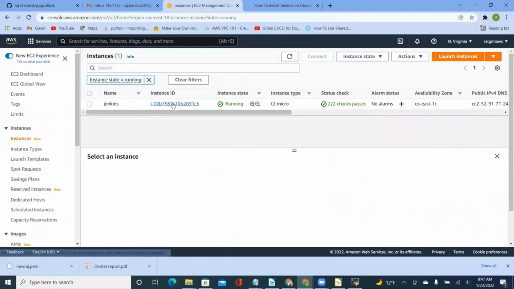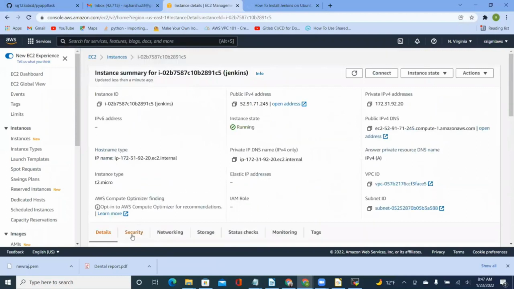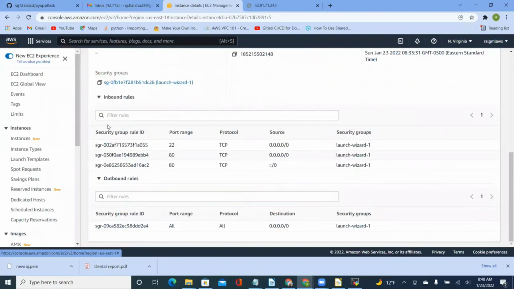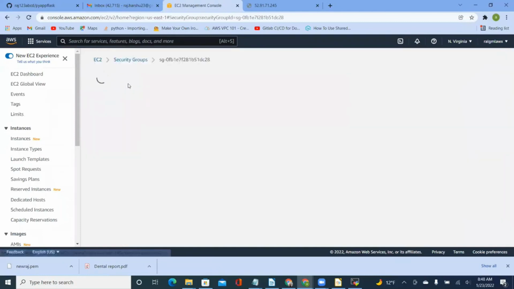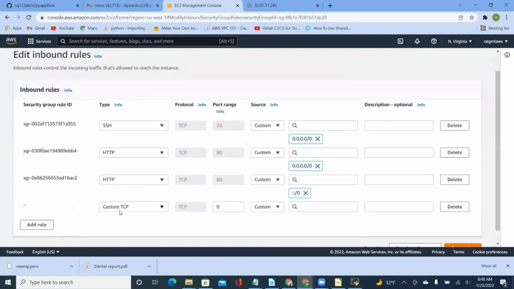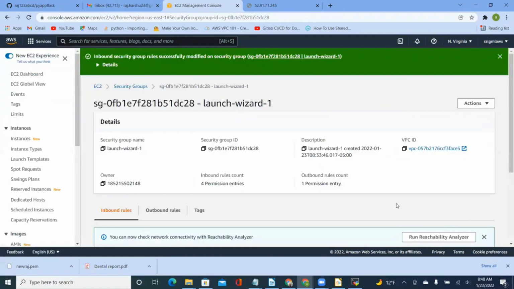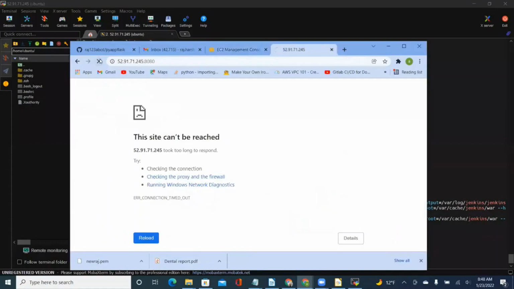Go to instances, the Jenkins instance, on the security group, or on the security tab. We need to edit the inbound rules here. I need to add port 8080 in here. Okay, I'll add it here. Custom TCP port 8080, open to the public internet, save. Now that's been added, we should be able to access it here. If I refresh,